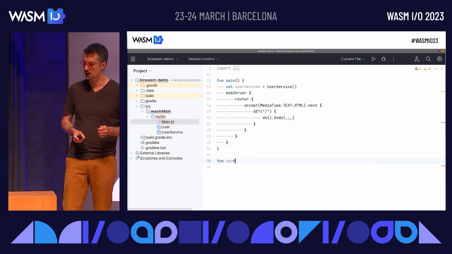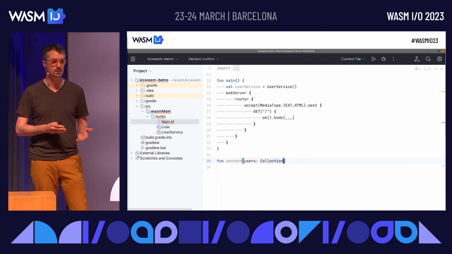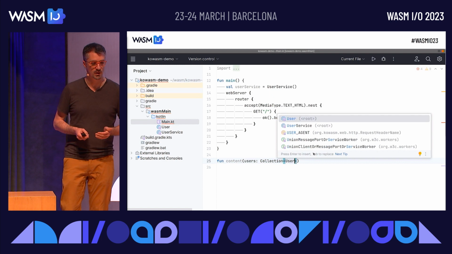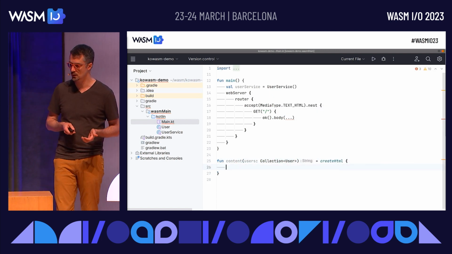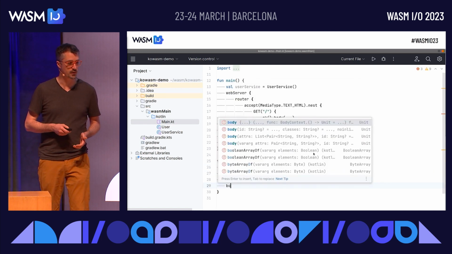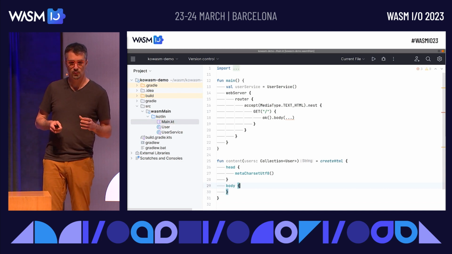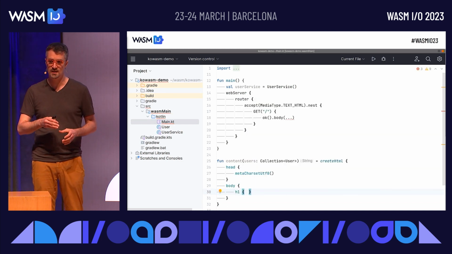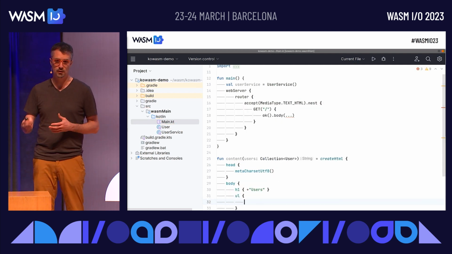It will return an HTTP response with the OK status code. And we are going to create a body with a method that will basically create the HTML content using a Kotlin DSL, providing full autocomplete. So here, I'm building my HTML like that. So this is regular Kotlin code. We don't have macros. We have DSLs where we can mix a pretty declarative approach with some real Kotlin statement